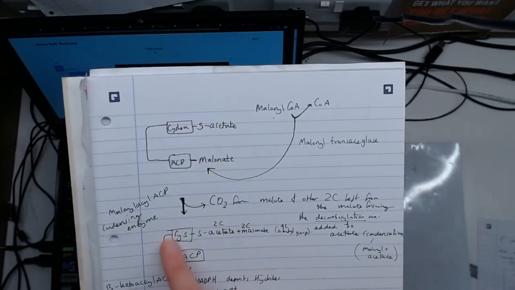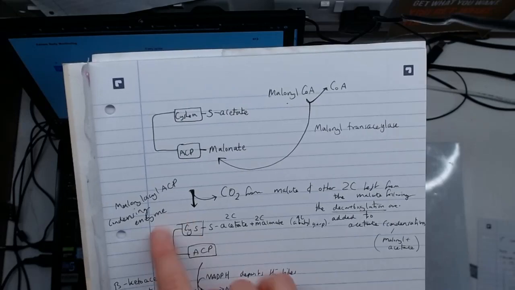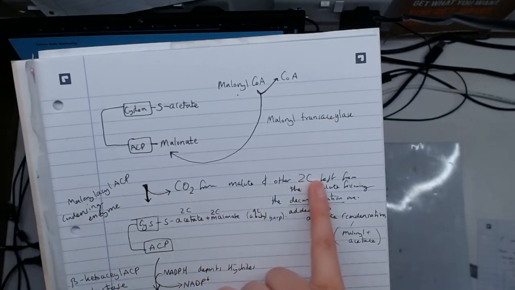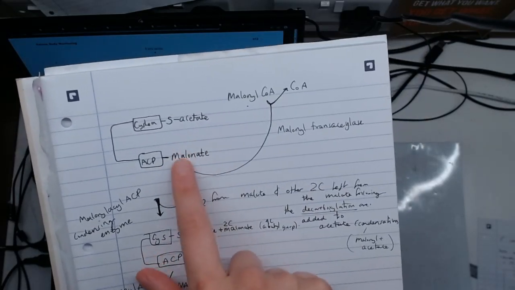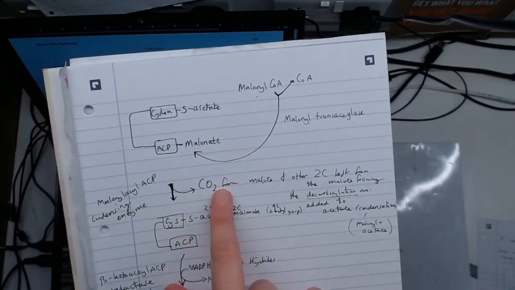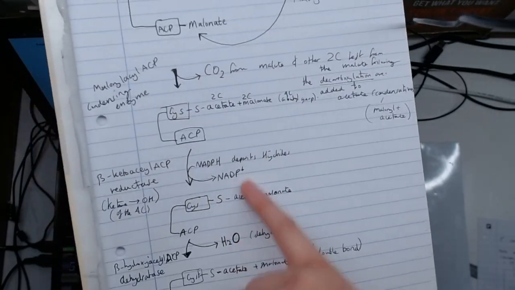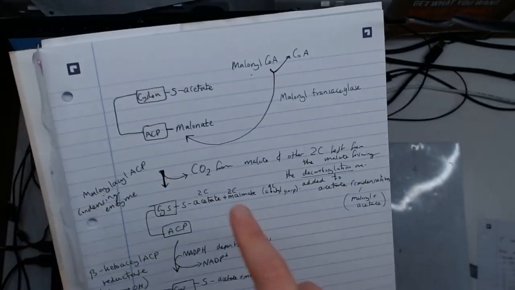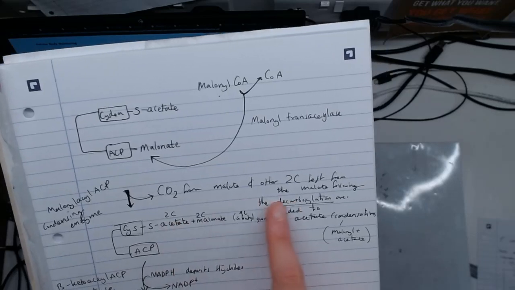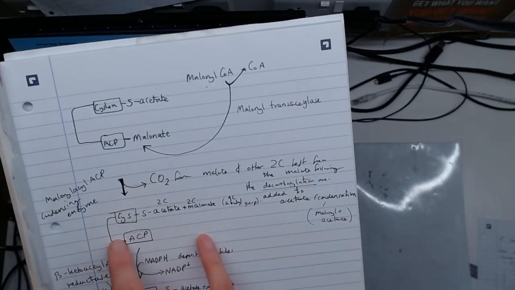Then what happens is, with the help of malonyl acyl ACP condensing enzyme, we have a decarboxylation reaction occurring, specifically at the myelinate group. And so this is a 3-carbon, but following the decarboxylation, it's obviously going to be a 2-carbon. I'm going to refer to this continuously throughout my diagrams as myelinate, but it's actually a 2-carbon myelinate breakdown product. So then what happens is we are going to have a condensation reaction